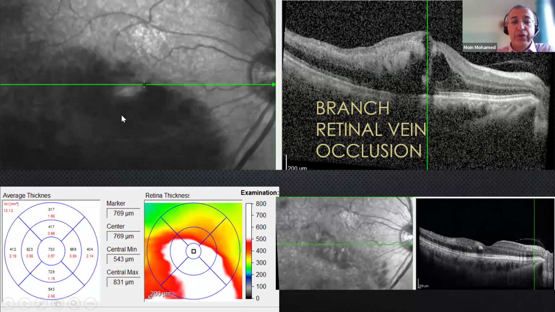So this is a patient who is, again, before and after just one injection, in actual fact. So a hugely hemorrhagic, almost confluent hemorrhage. And again, if you look at the OCT here, apart from the macular edema, which you can see at the center, you see there's a white thing here. So we've mentioned